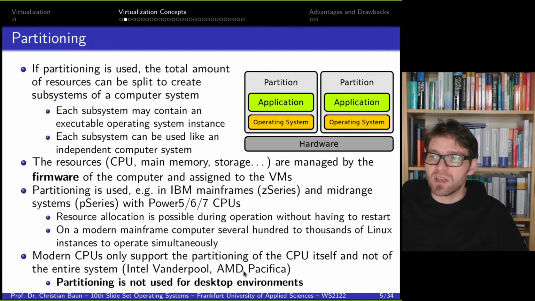That's not something we have in desktops or usually in server systems today, and it was also not common a decade ago, so it's basically a niche product. But it's a very strong concept, and the implementations are very strong. On a mainframe or mid-range system which has partitioning